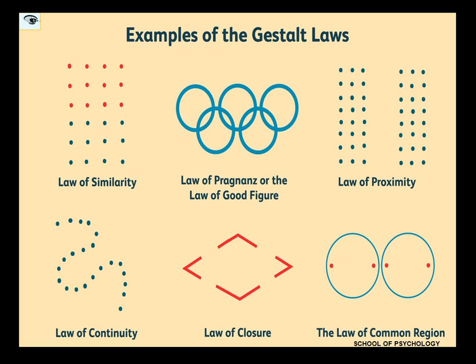So I would look at them as columns of circles, but I will not look at the circles separately or individually, right? Then, of course, when we talk about the principle of continuity, that's very important to understand because